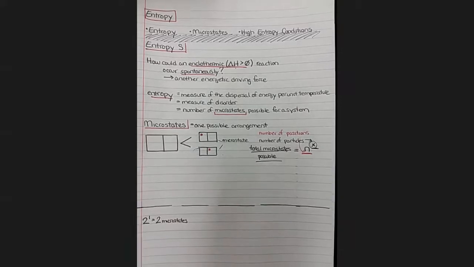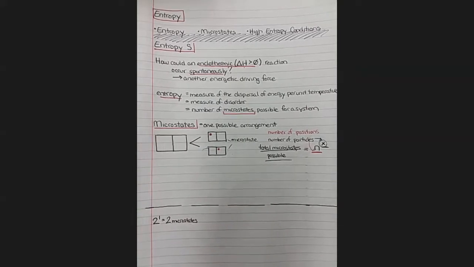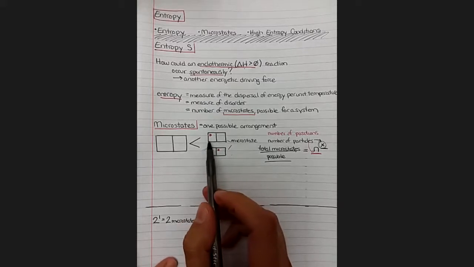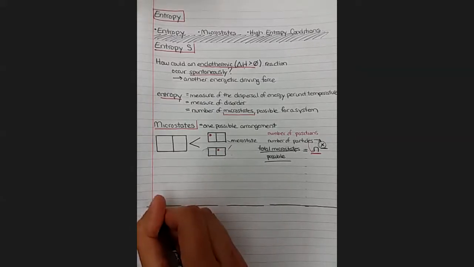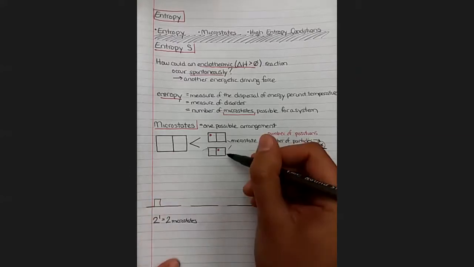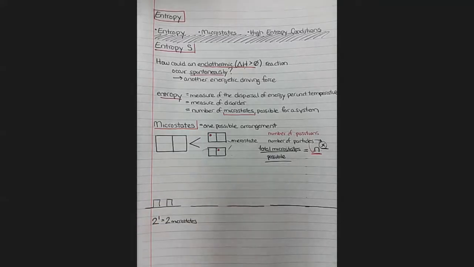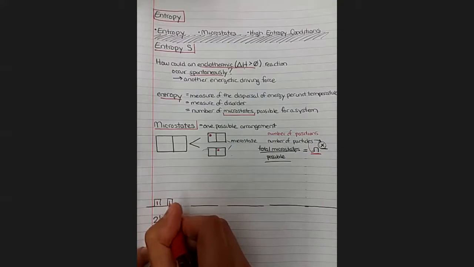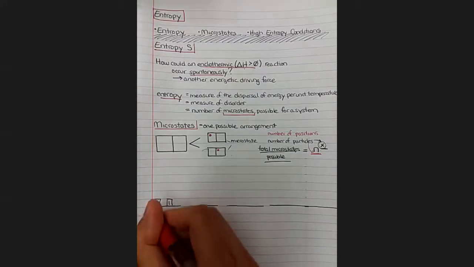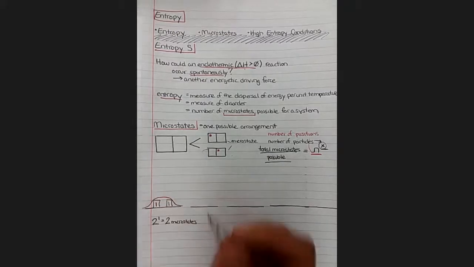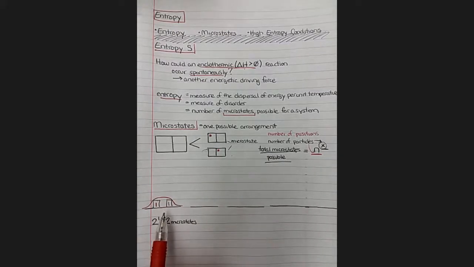And what I'm going to do is make a plot and show the distribution of microstates. So I had 1 microstate where the particle was in the left box, and 1 microstate where the particle was in the right box. 1 and 1. And I can draw a parabola-shaped distribution over those. Right now, it doesn't really look like a parabola, but as we add more particles, we will.